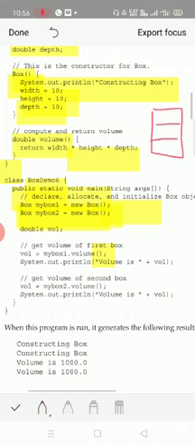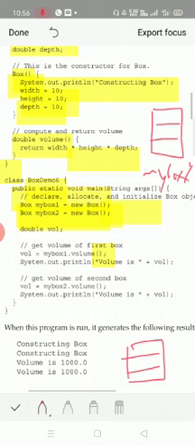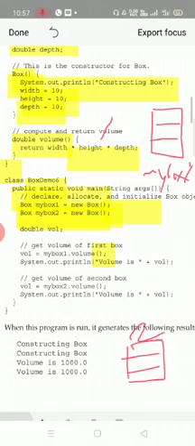This is what myBox1 is. Similarly, we have created another object, myBox2. So what will happen is, an explicit call for the constructor is not required.